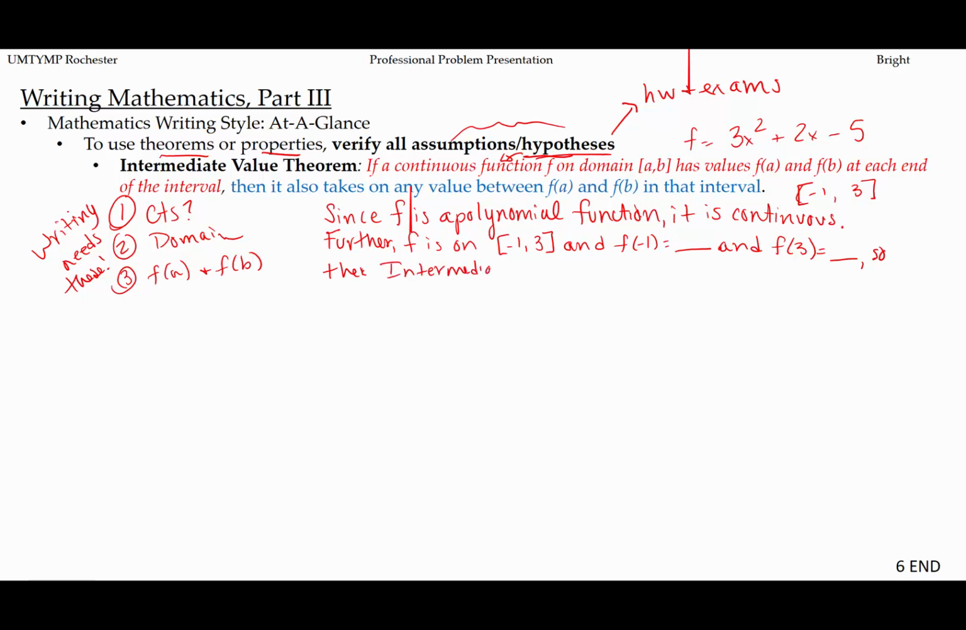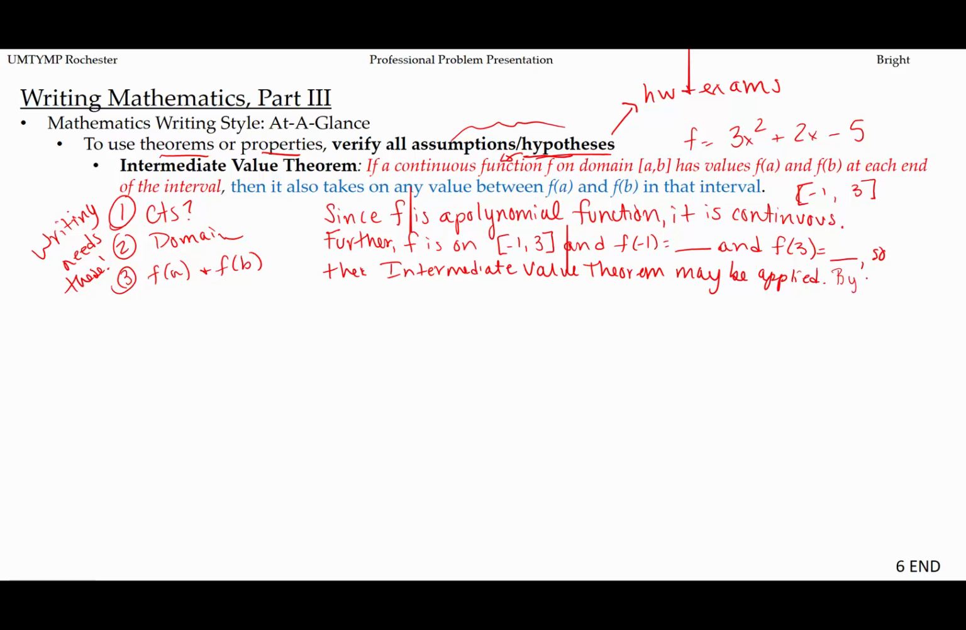Intermediate value theorem may be applied. Okay. So that's just an example of taking a theorem, verifying the assumptions or hypotheses, and then later on,